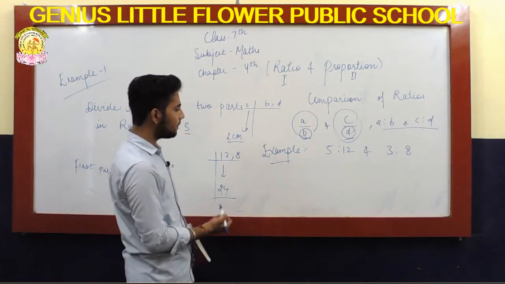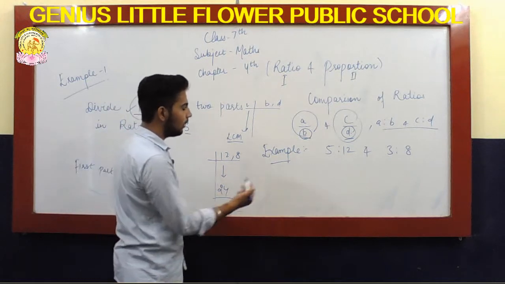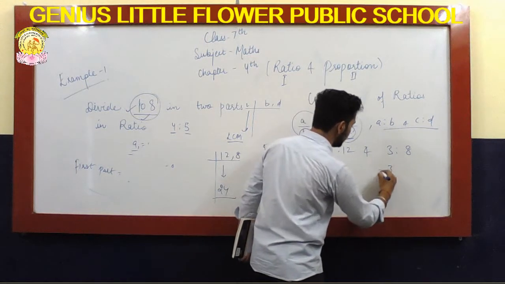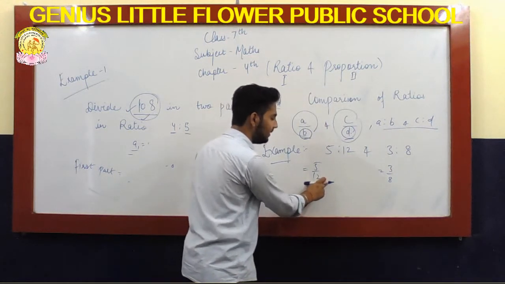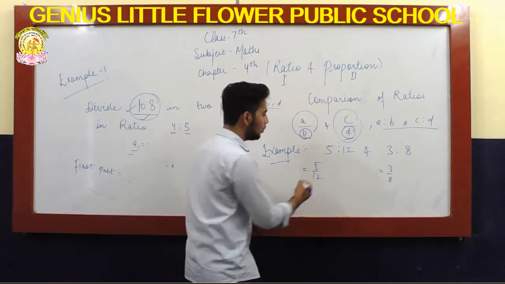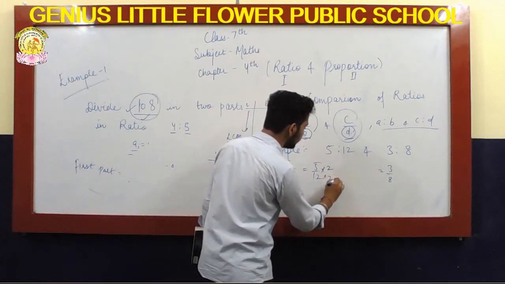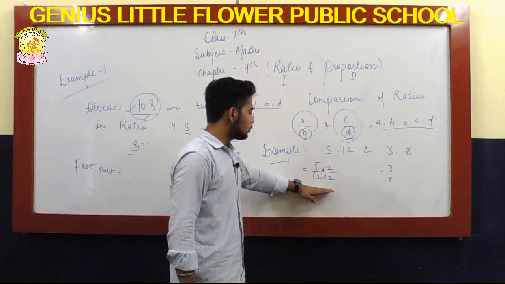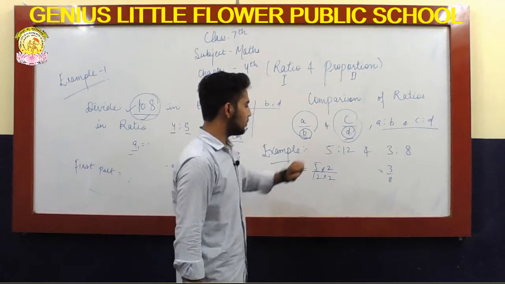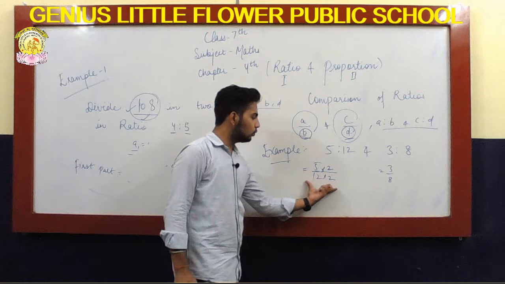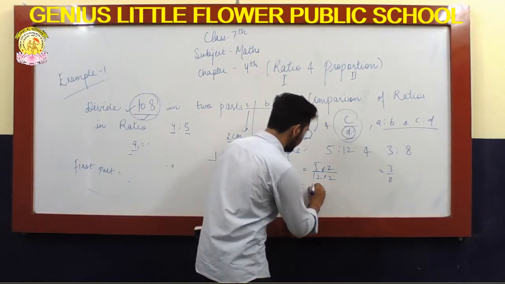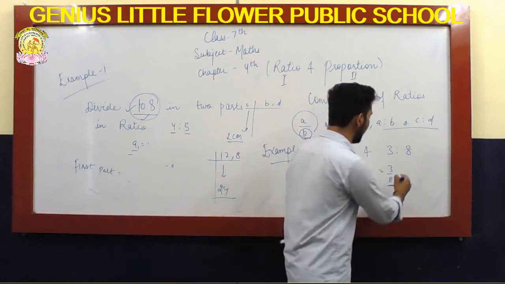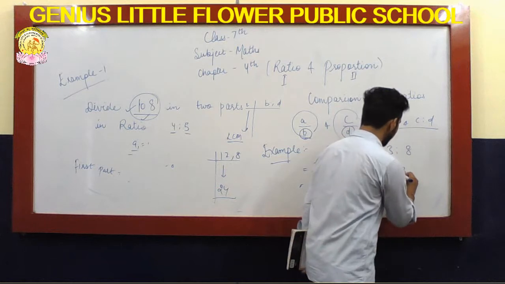Obviously the LCM is 24. So after getting the LCM 24, what you have to do, you have these terms, 5 by 12 and 3 by 8. So first we have to make these denominators equal. You have to multiply 5 by 12 by 2 on both sides. That will give you the exact value, because the 2 gets cancelled. So this gives you the same value as the ratio given. So what will you get? 10 by 24. And here, to make it 24, you have to multiply by 3, because 8 3s are 24.